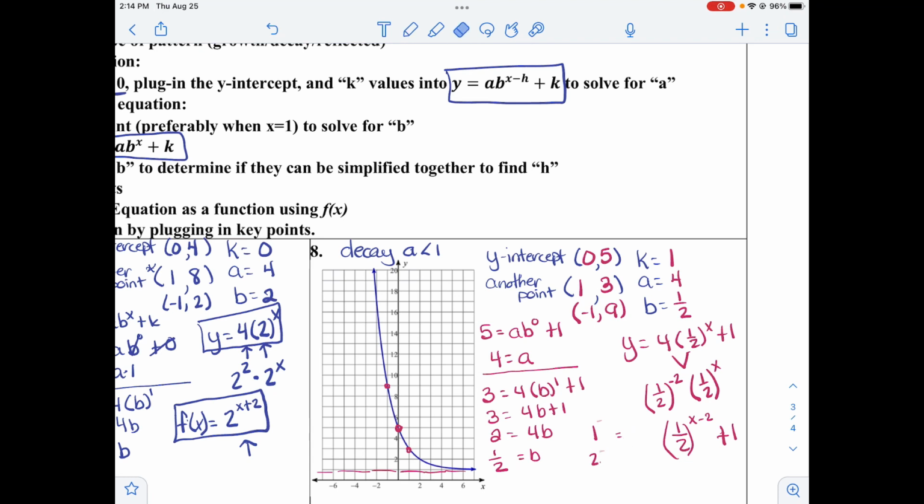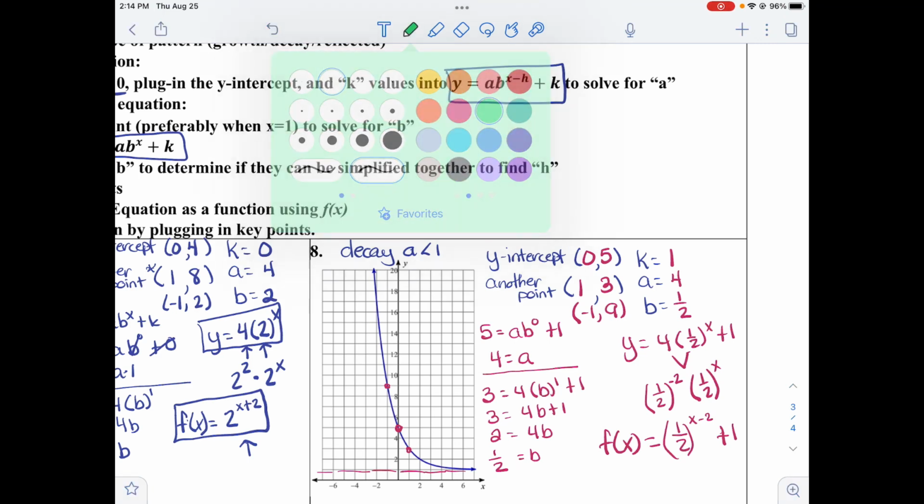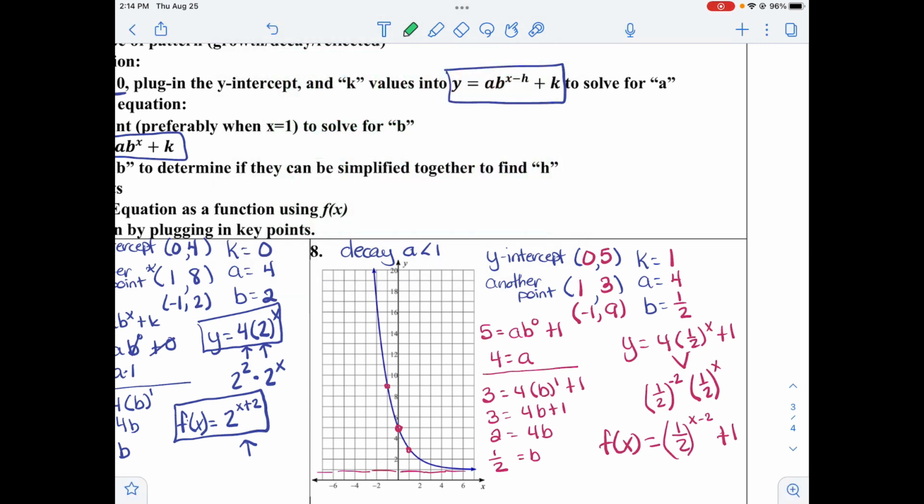Make myself a little bit of room here. So we have f of x equals this equation. Now, I pulled another point, negative 1, 9, out of here. So to check myself, I can plug that point in. I can put in a negative 1 for my x. So I would have a half, a negative 1, and a negative 2, and plus 1, and that should equal